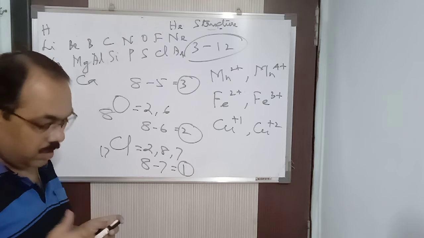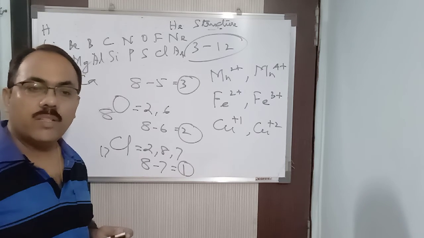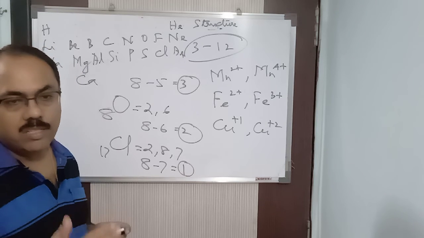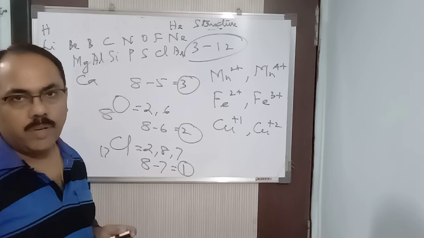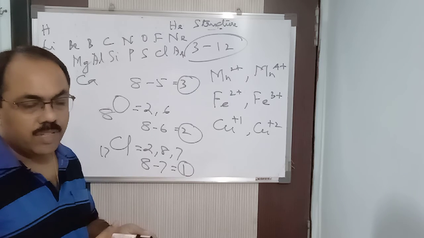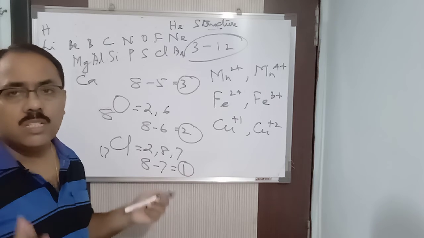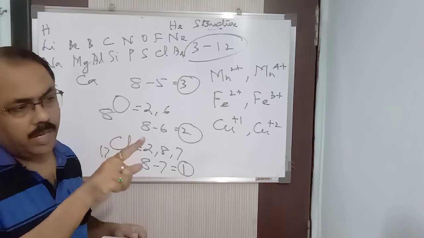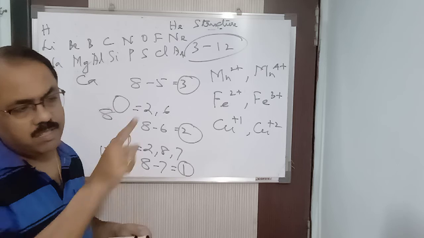I told you in the last class why an atom combines with another atom: to attain a stable configuration. That's the first reason. The second reason is to attain the lowest energy. When an atom combines with another atom, the potential energy is in the lowest state. To attain stability, the energy should be the lowest. Remember that stability is inversely proportional to energy. If energy is less, stability is more.